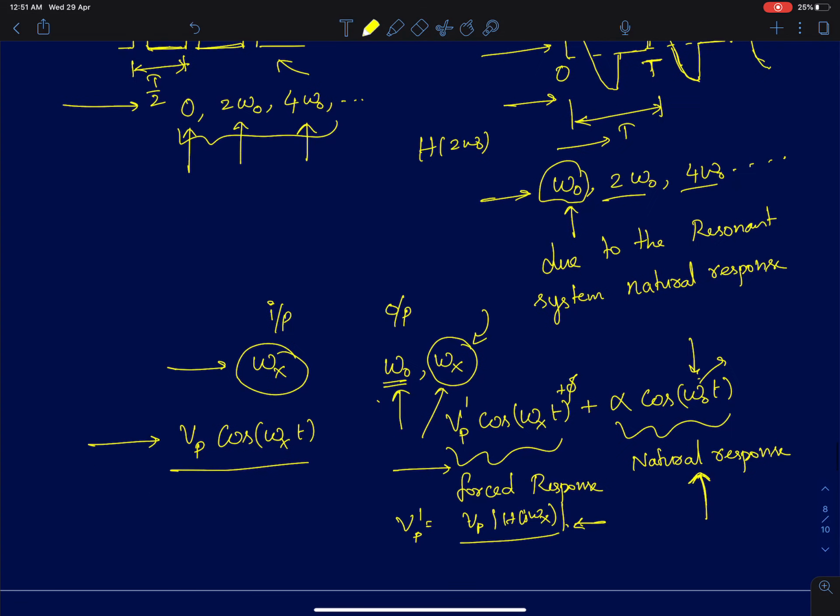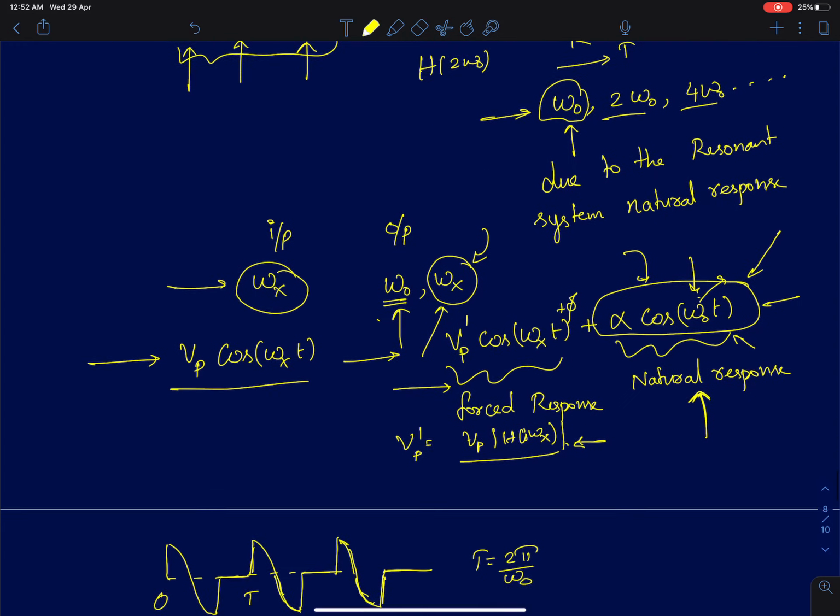But the output is still bounded. That's the important point here. The overall output will have a resonant term, an additional frequency term which is not present in the input, but the output will be bounded still. If I go by the absolute definition of the bounded input, bounded output stability criterion, then by that definition this is a stable system. But generally we won't call it stable, because you cannot have components of a different frequency than that desired. So this will be classified as an unstable system by analog engineers. I'm making the point that even though it's bounded input, bounded output stable, we will still not consider this a stable system.